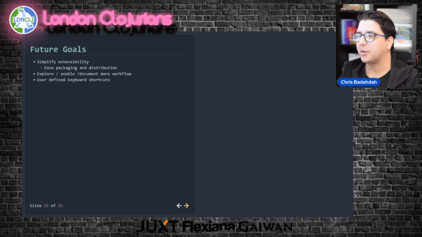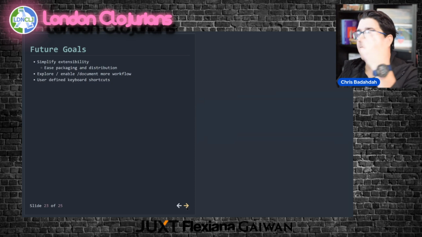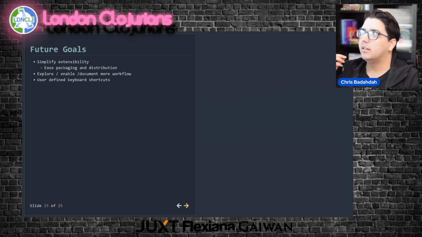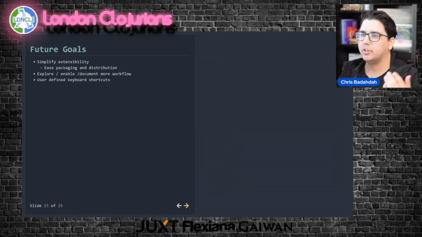It's surprisingly difficult because there's a lot of things when you're building out UI stuff. There's packaging. So the ClojureScript code itself, do you ship it built? Do you ship it as source? The dependencies, where are they from? Are they from NPM? If they're from NPM, are they in this format or that format? There's a bunch of, I want to say, ecosystem problems that exist here. I want to make it easier to share these visualizations because I think there's a bunch of cool stuff we can share.